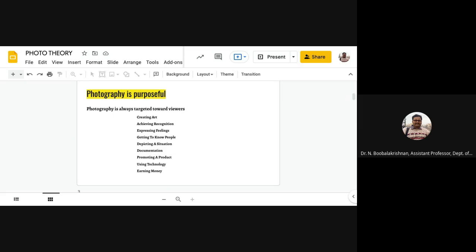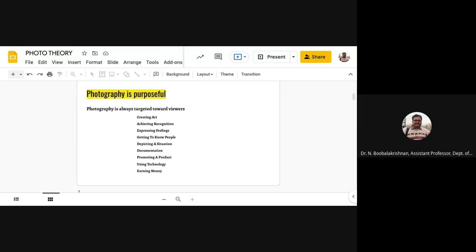If you are the only viewer, your images still need to satisfy you. In addition to your relationship with viewers, there should be some purpose. So what we can say is, photography is purposeful. It should have some purpose.